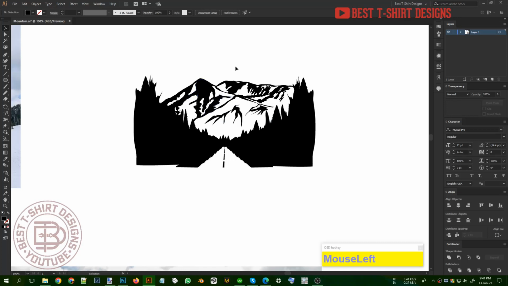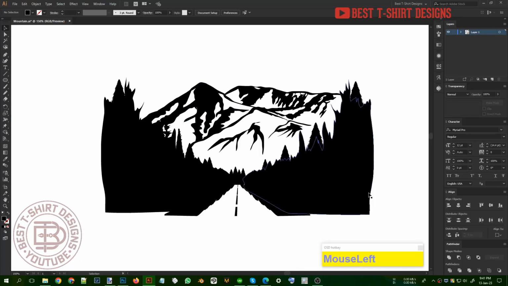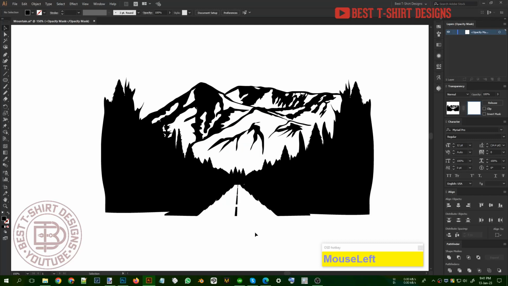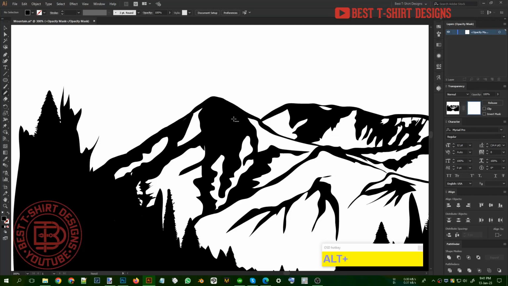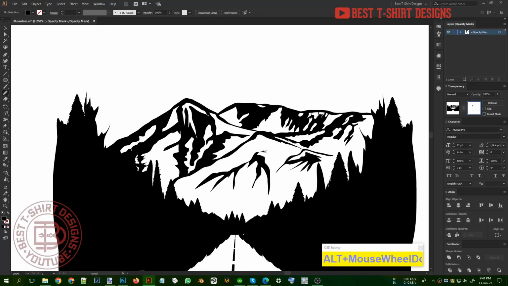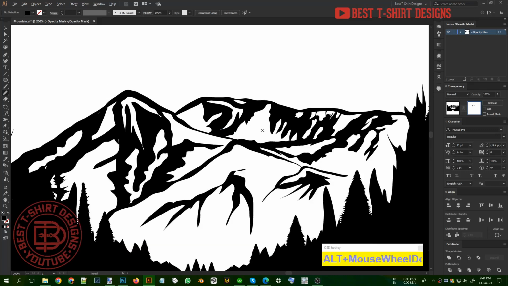This is not a very best way of illustrating, and if you want, you can make it better. Like I want to group it all together, then I am going to open transparency, and with transparency open, I can now draw in this part. Like I want to keep some details to this area of the mountain because that is all black, I don't want it. So you can see now I can see where to keep the shapes